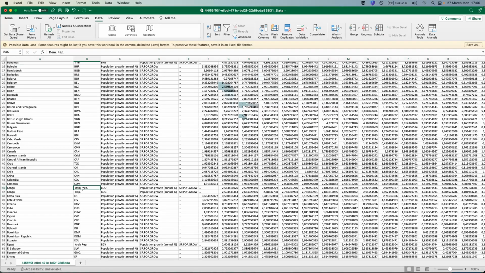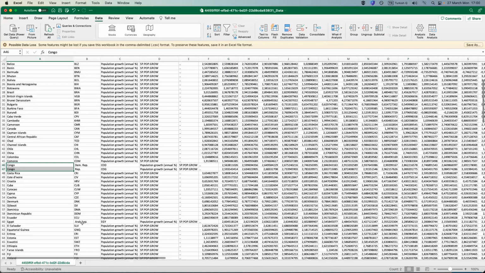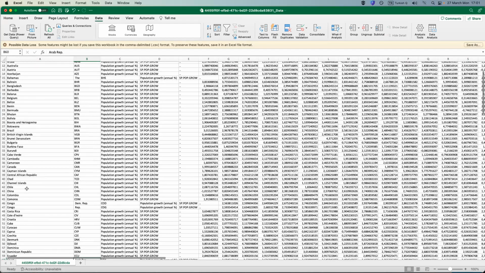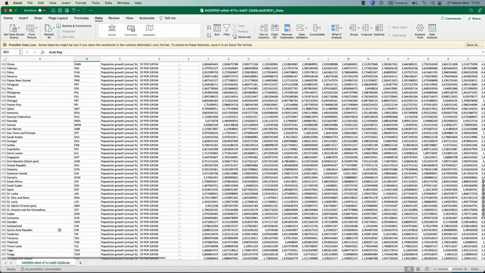We have to take Democratic Republic and attach it to Congo. We have to take Republic and attach it to the other Congo, because these two Congos are different countries. Democratic Republic of Congo and Republic of Congo are different countries. Arab Republic, we have to take the Arab Republic and attach it to Egypt. So what we have to do is, when we are fixing this kind of problem, and we have it